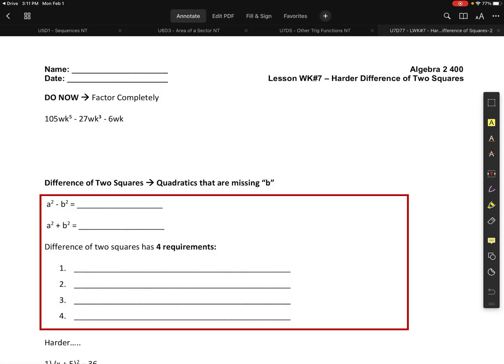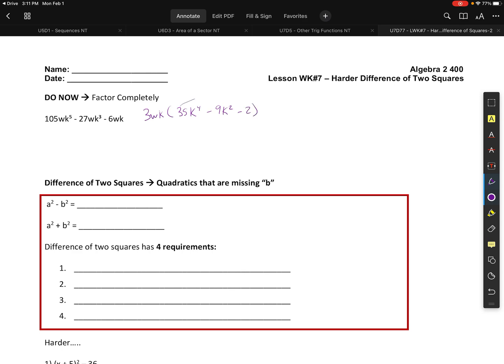Alright, here we go. Harder difference of two squares. Now we might as well start with the do now and make sure we're okay. So key thing, GCF. Always take out the GCF. 3WK, which leaves me with 35K to the fourth minus 9, not W, took that out, K squared